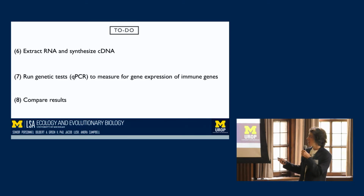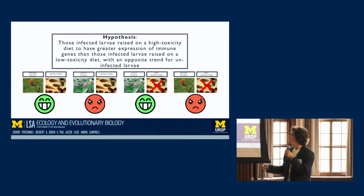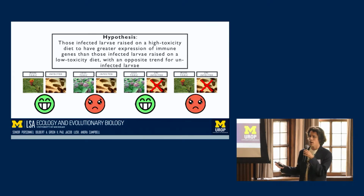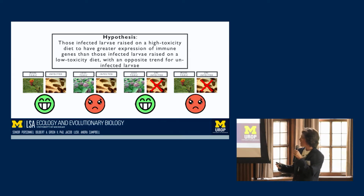Now, once Kathleen finally finishes up these last steps, what do we expect to find? Well, our hypothesis this time around is in part the same as it was before. For the caterpillars that eat the more toxic milkweed, we expect to see a greater increase in expression of immune genes, provided that they are infected. For the caterpillars that we left uninfected, like our last experiment, we expect to see the same trend we saw last time too,